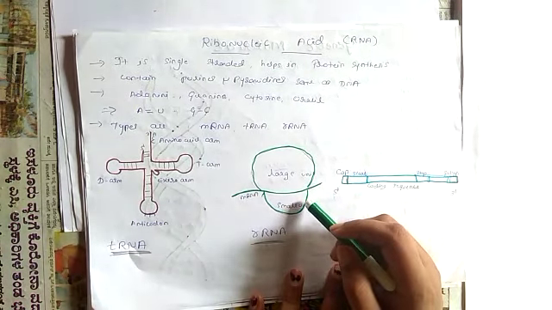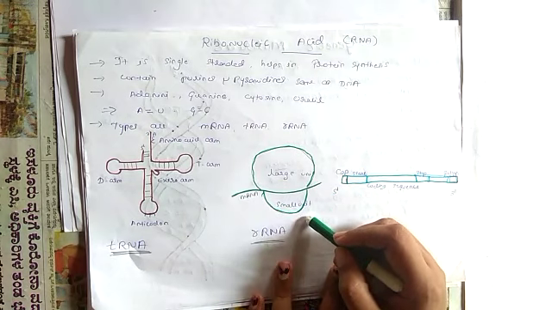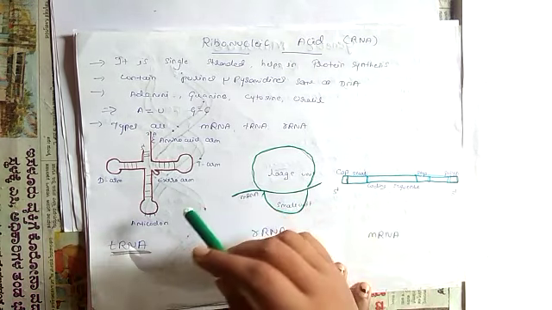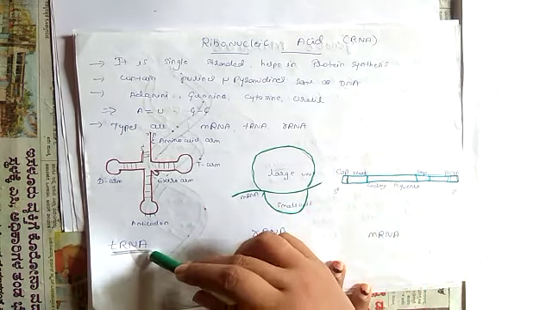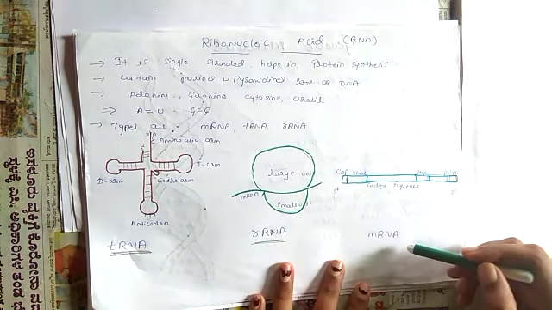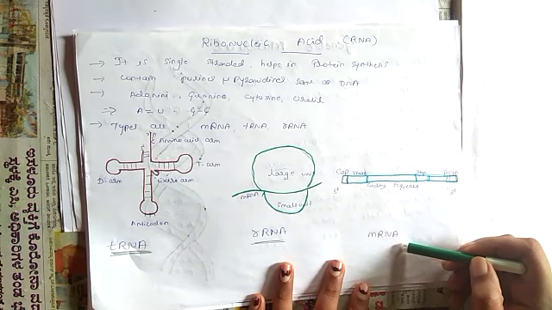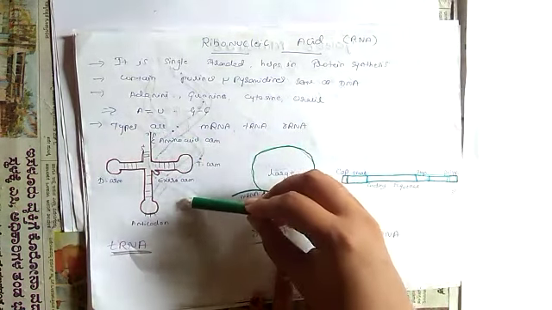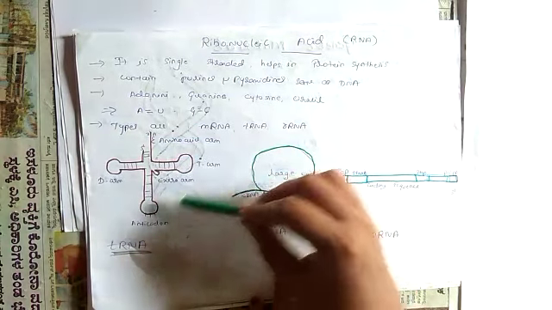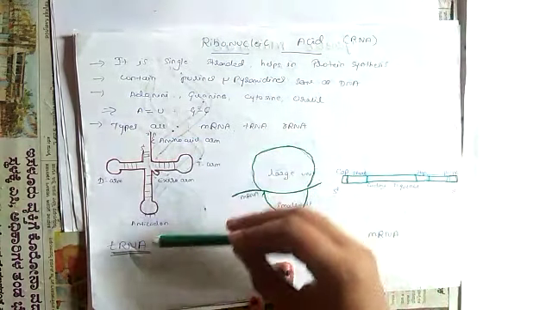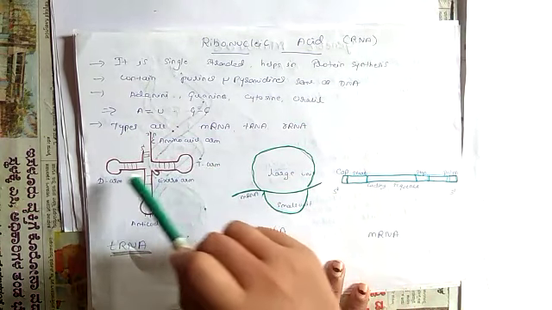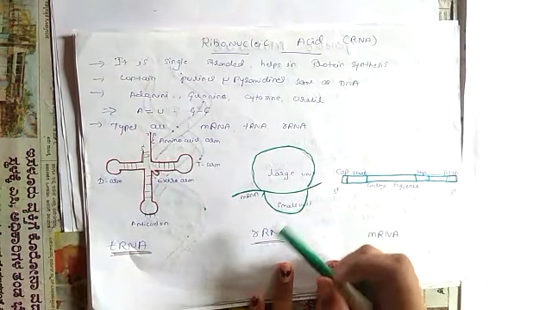Dear students, your assignment work is to find out, or Google, the functions of the tRNA, rRNA, as well as mRNA molecules. Along with that, you can see the structure here in the tRNA, which is called arm as well as loop. So find out what is the function of this T arm, D arm, and anticodon arm.